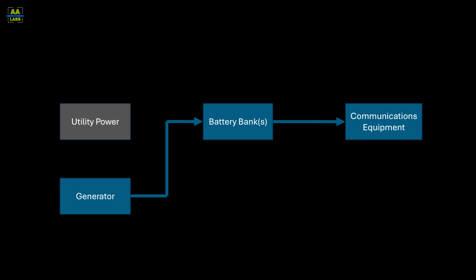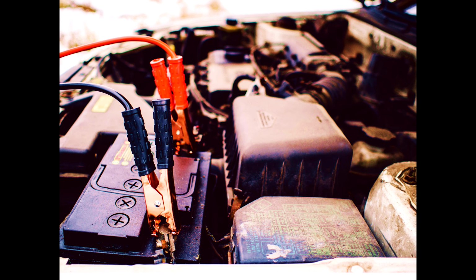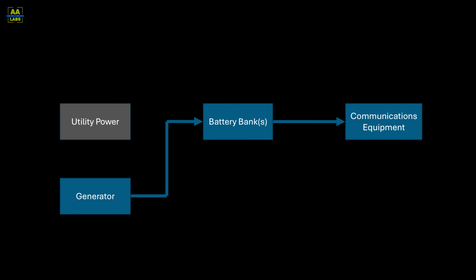One might ask, why do you need the batteries if you have a generator? Two reasons. One, you need a battery to start a fossil fuel generator. Anyone with a gas car knows that. Two, that generator takes time to start. Typical industrial generators take about 10 to 30 seconds to stabilize. This general operating principle for power system redundancy remains in place today, and we'll cover that later in the video.